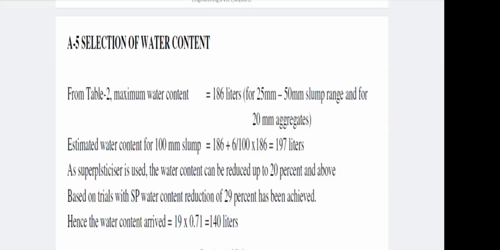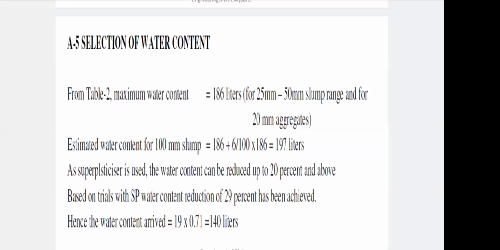That is nothing but 186 plus 6% of 186. That will give you your estimated water content. And if no slump is given, then directly assume the maximum water content, 186 for 20 mm aggregate.